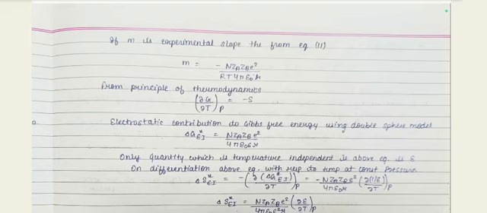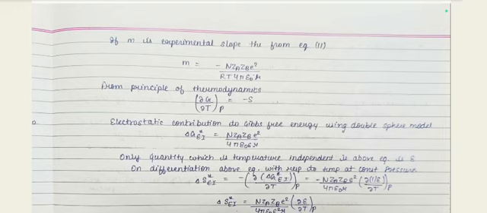From the principle of thermodynamics, del G by del T at constant P is equal to minus the entropy. The electrostatic contribution to the free energy using the double sphere model, delta G star EI is equal to N Za Zb e square by 4 pi epsilon naught epsilon r. The only quantity which is temperature dependent in the above equation is epsilon. On differentiation of the above equation with respect to temperature at constant pressure,